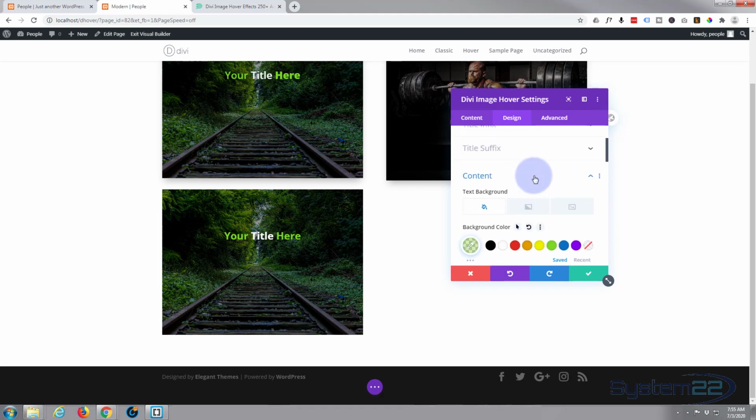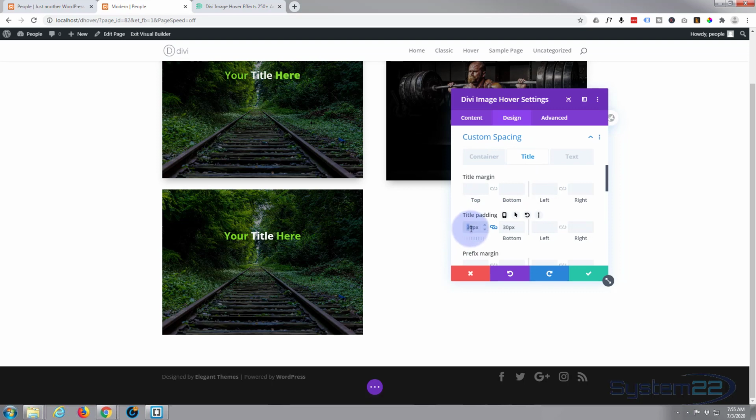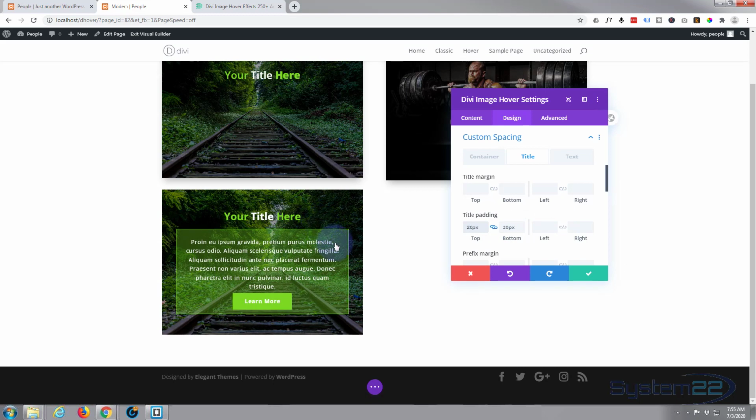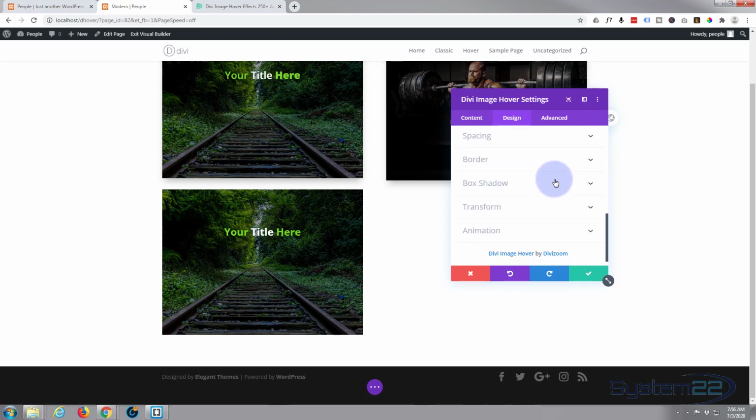So let's close the content up and go back into our custom spacing and take a little bit away from our title. Let's make this 20, and because we've got the link we only need to edit one, it'll do the other one for us. There we go, and let's add a bit to our button there. So we can close that up, go down to our button, or go up to our button I should say,